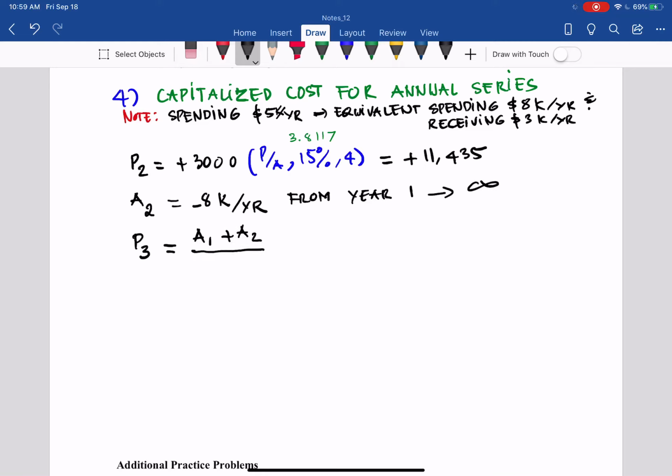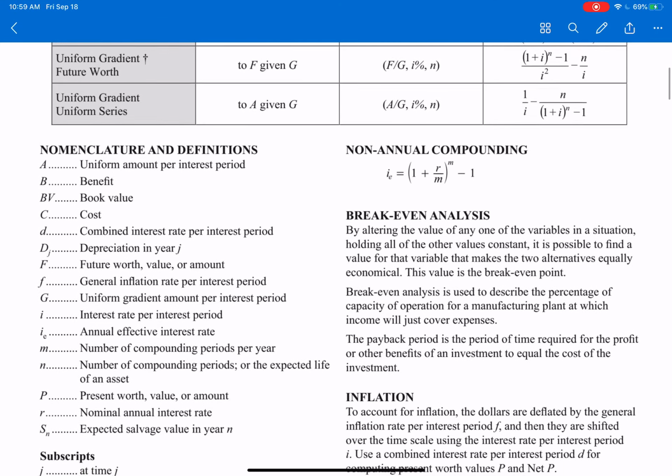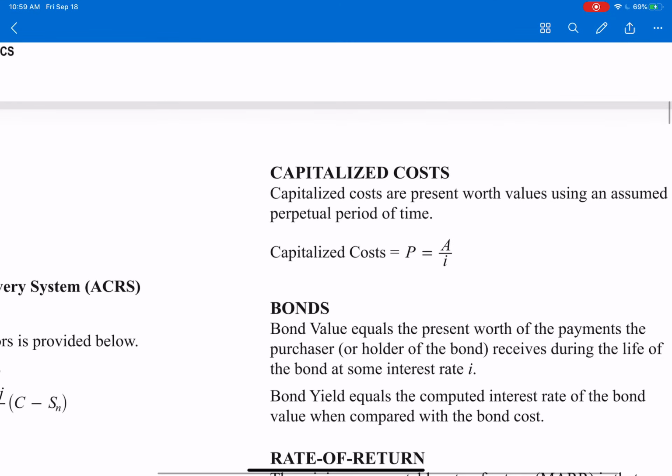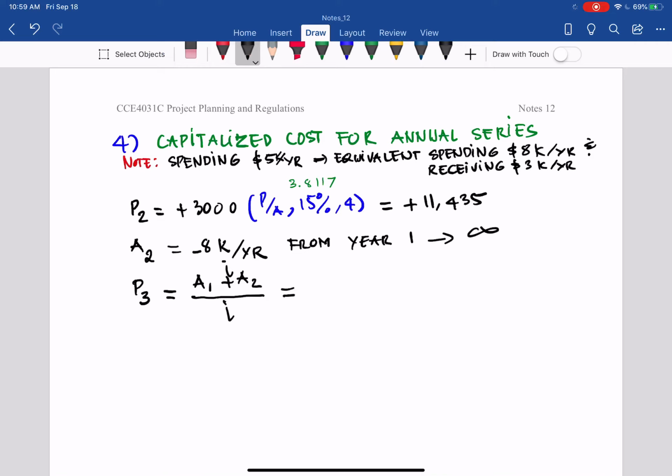The equation is A over i, from your reference, capitalized cost, page 2, divided by i. So P3 equals the A1 of 437 plus the A2 of 8,000 divided by i, 15%. So you get that equal to negative